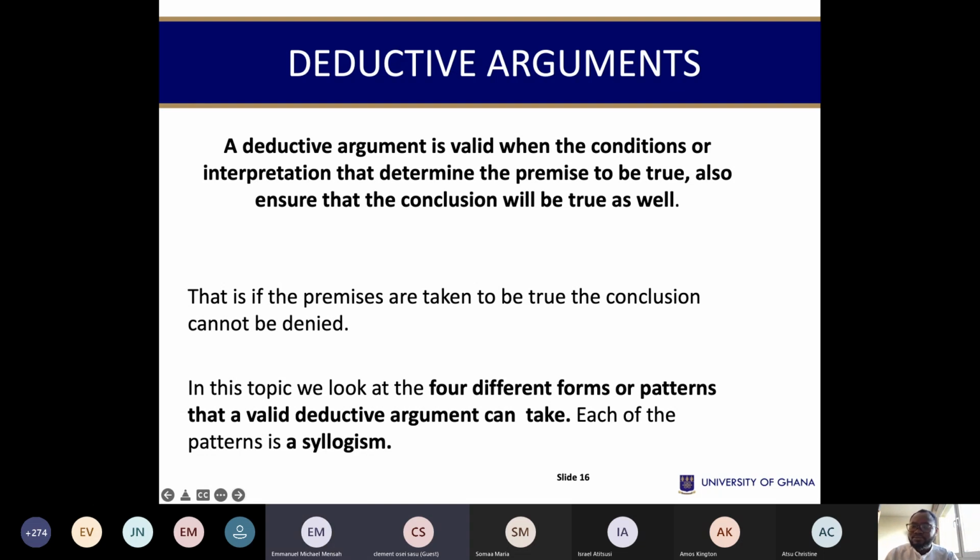Sir, so is it always going to be this way? If the premise is true, that means the conclusion also has to be true. Exactly. So with a deductive argument, if the premise is false,